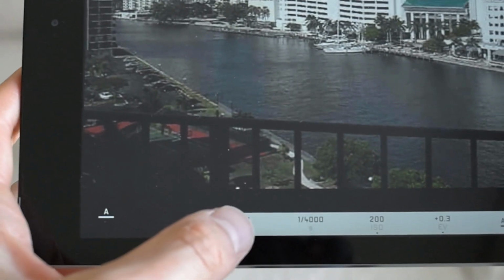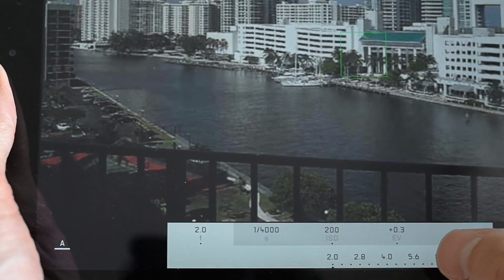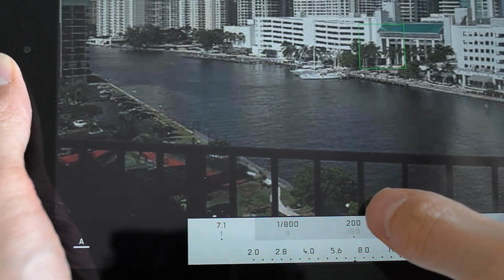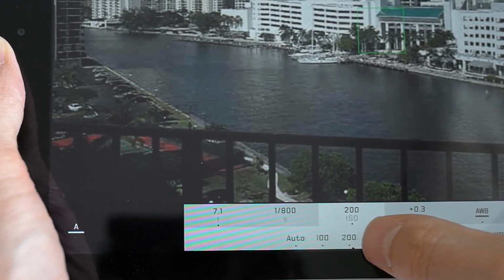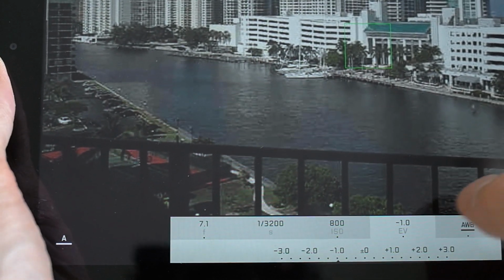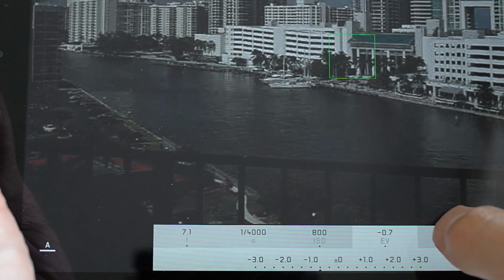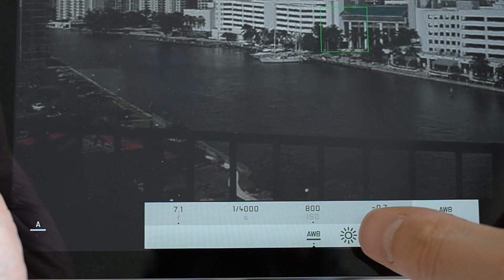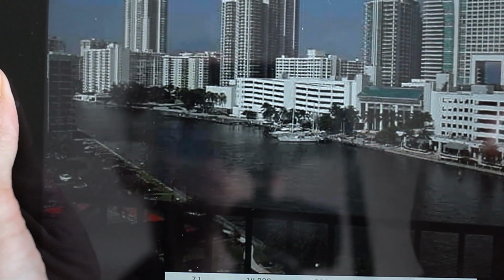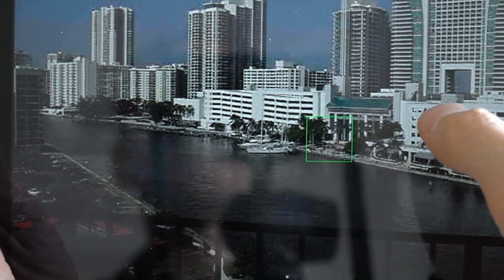We can control the aperture by clicking the aperture icon, and you'll see a scale there, and you just slide, and it'll actually change in the camera. Likewise, we can do the same for ISO, exposure compensation, all right from here. And white balance as well. So I can go to a cloudy white balance, and you can just snap, and we can focus in different places on the image,